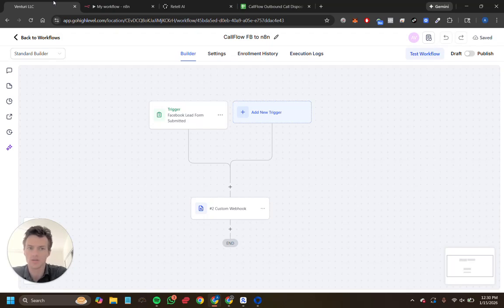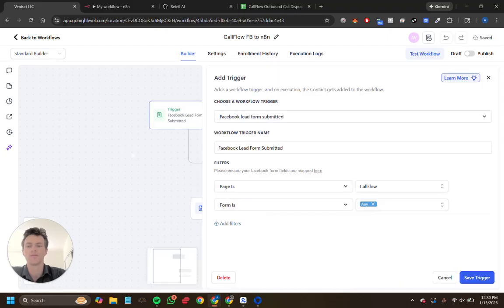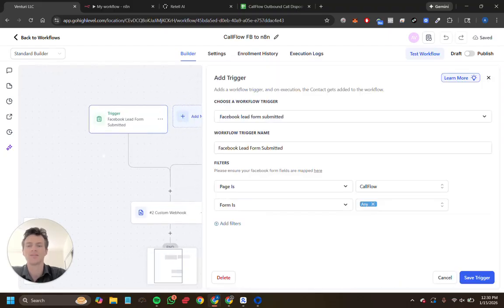I think GHL is really popular amongst you guys. If you've done anything with automations, you're probably working with GHL. So we've got our Facebook page connected to our GHL sublocation. We have our form integrated with all the fields mapped. So basically what happens here when a Facebook lead form is submitted on my CallFlow page, which is the name brand I'm using for my voice AI agent services,